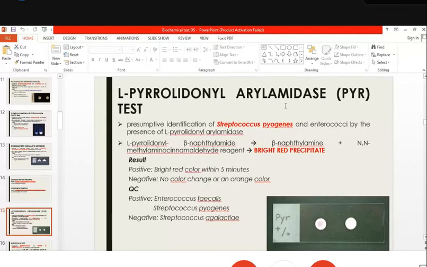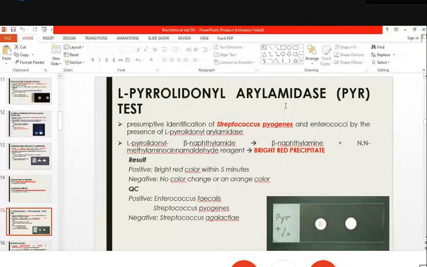Pyrrolidonyl arylamidase, or our PYR, also known as pyrrolidonyl aminopeptidase, is a bacterial enzyme that hydrolyzes our L-pyroglutamic acid beta-naphthylamide impregnated into the test disc. So nakita nyo parang lahat ng mga disc kanina, that serves now as the substrate for the detection of our enzyme. Ano si enzyme natin? Our pyrrolidonyl arylamidase. So, yung hydrolysis ng substrates will now yield yung ating beta-naphthylamine,